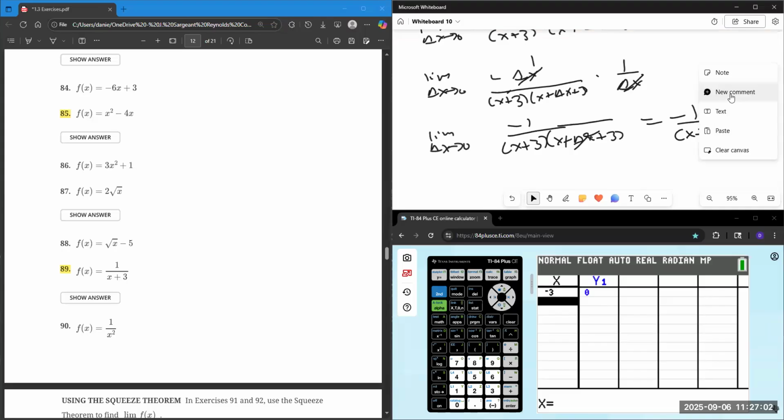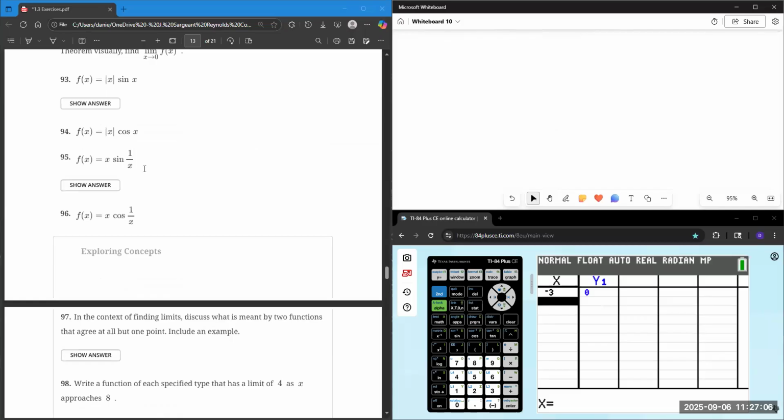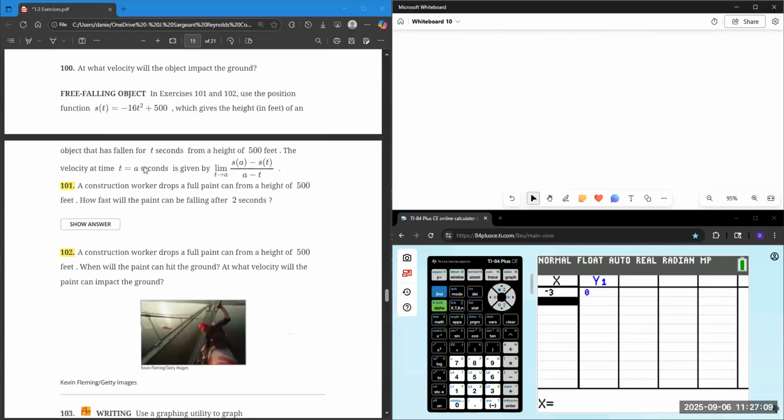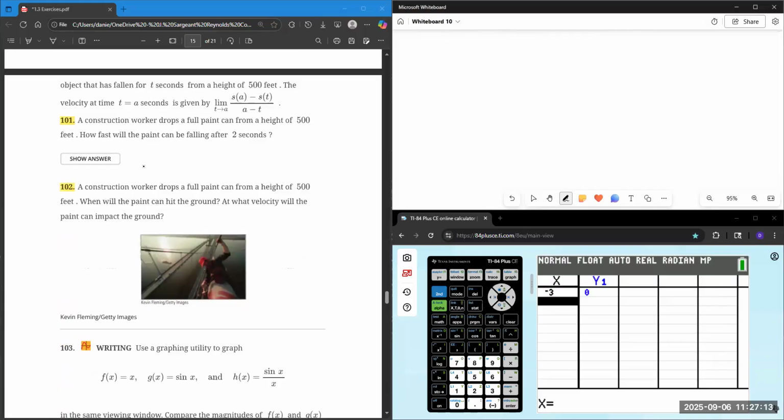All right, a couple application problems to finish up here. 101 and 102. These are physics-based. A construction worker drops a full paint can from a height of 500 feet, S of 0 is 500. How fast will the paint can be falling after 2 seconds? So we're going to use this